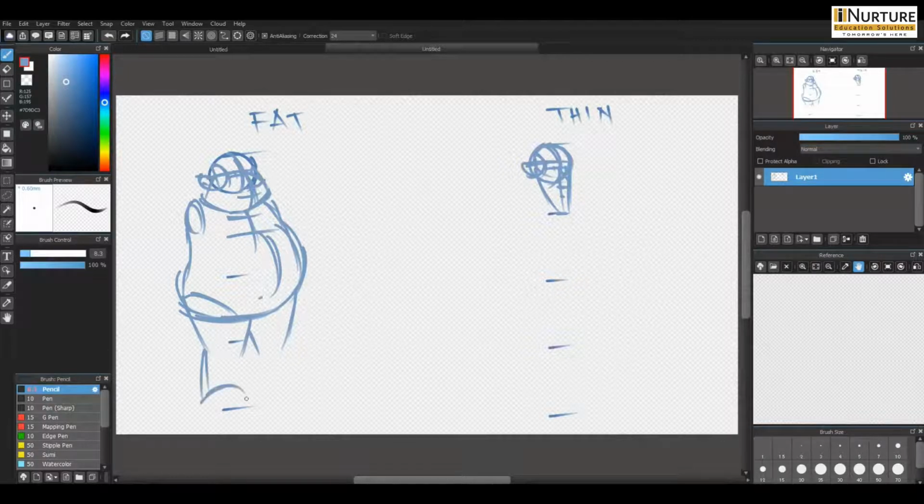Think about outstanding characters in animation and how their physical form, Popeye's big forearms, Superman's big chest and strong jaw, played a role in the development of their character.